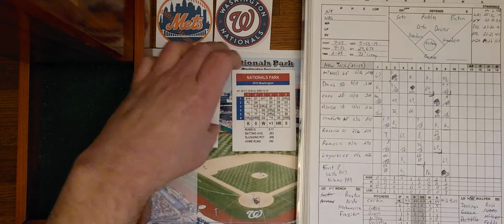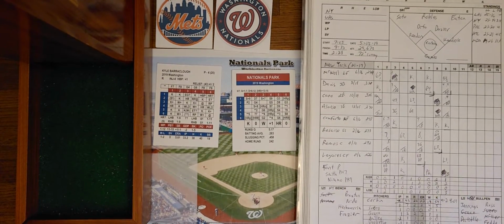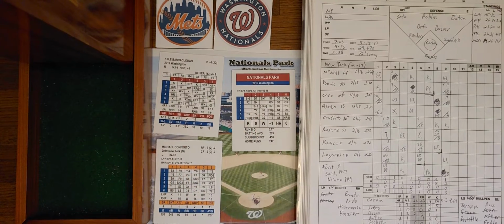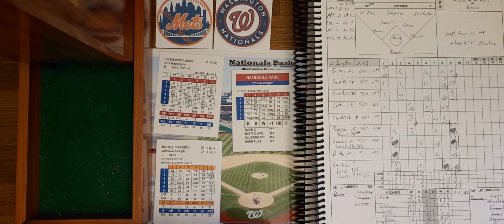Nationals have used all their bench players. Mets have a lot of bench players remaining because the pitcher spot does come up 4th, so it looks like Todd Frazier will probably hit in that situation if it gets to that. I've got to organize my Nats lineup real quick, so let me flip back here and make sure I've got everybody in the right order. You've got Eaton, Robles, Rendon, Soto, Kendrick, and then the pitcher spot. So I'm going to use the generic pitcher hitting card to hold it as a placeholder so I don't forget where I'm supposed to be,